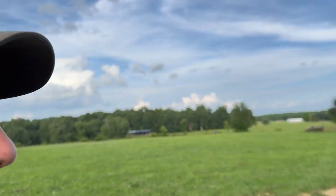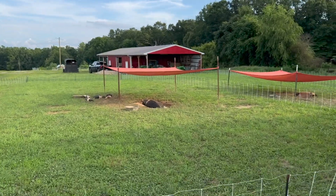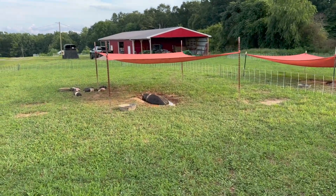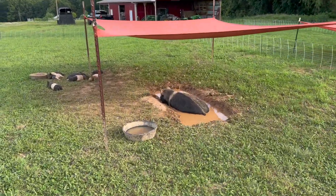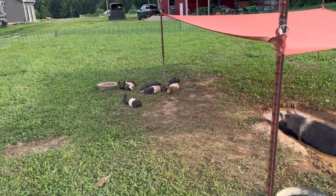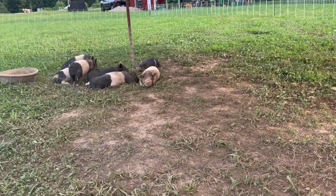All right, up here at our farrowing barn, checking out these pigs. We just moved them across the other day. Wallows are holding up well. We filled them once, I think, since we moved the pigs over here, and they are all doing good. We get the question, how do you guys get your pigs so friendly? Well, there's two answers: